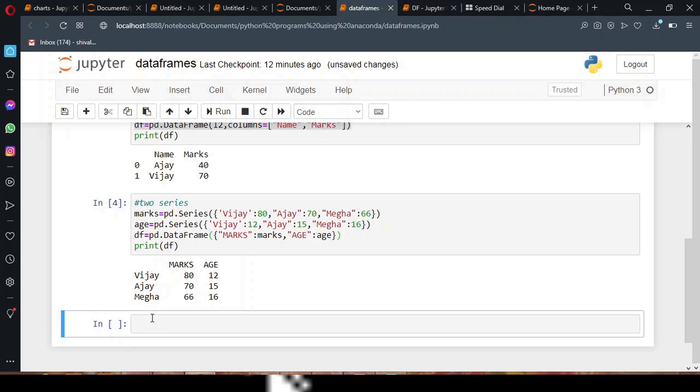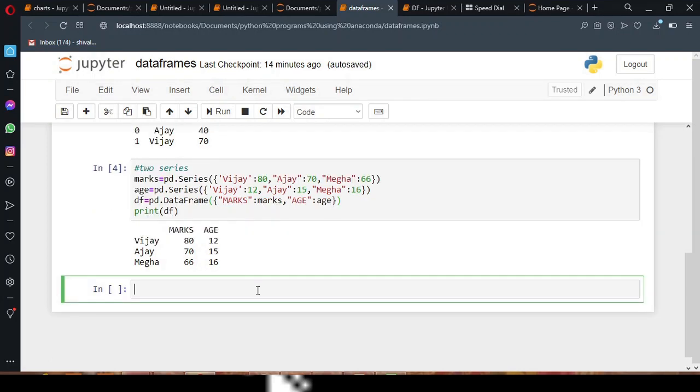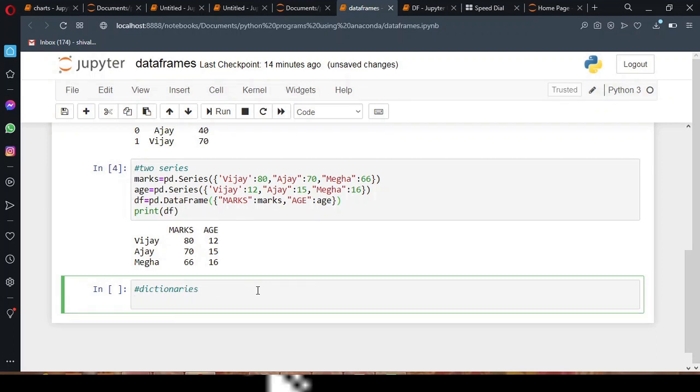Now coming to the fourth way of creating data frame. Here we are going to use dictionaries. Through dictionaries we are going to create our data frame. So for this I am going to take student as my dictionary name, and in this dictionary I am going to give the first key as name, and the value of this as the list of students.